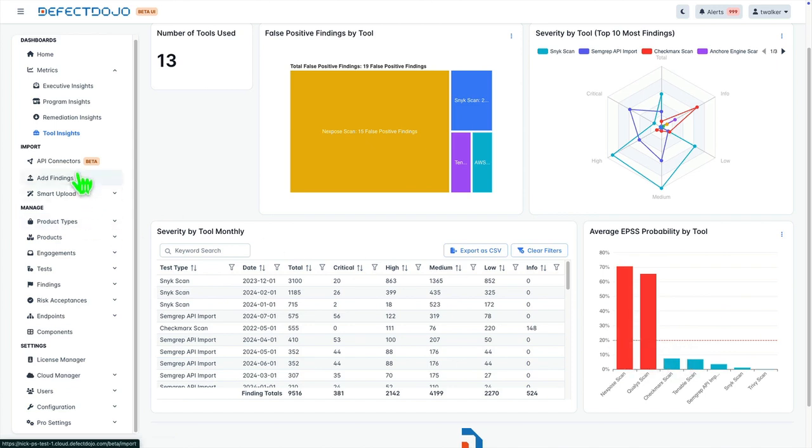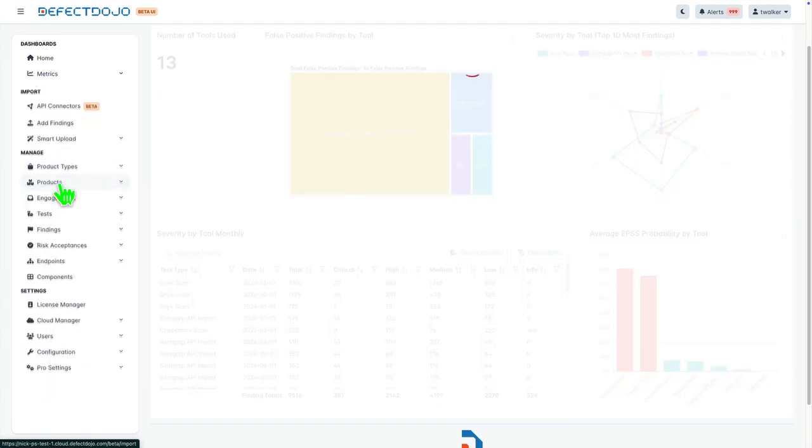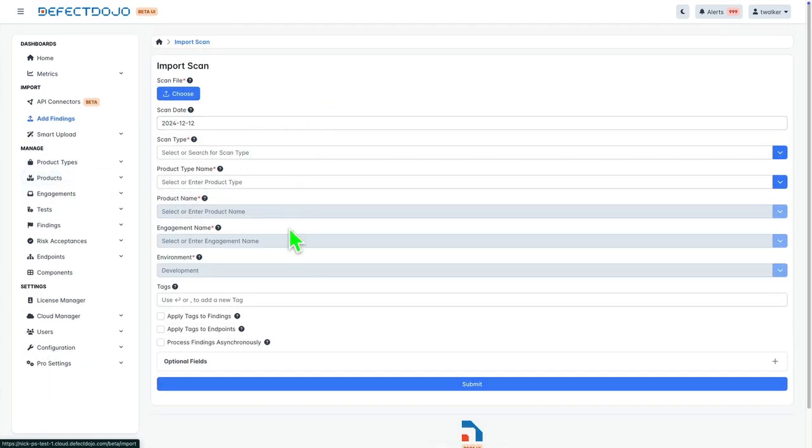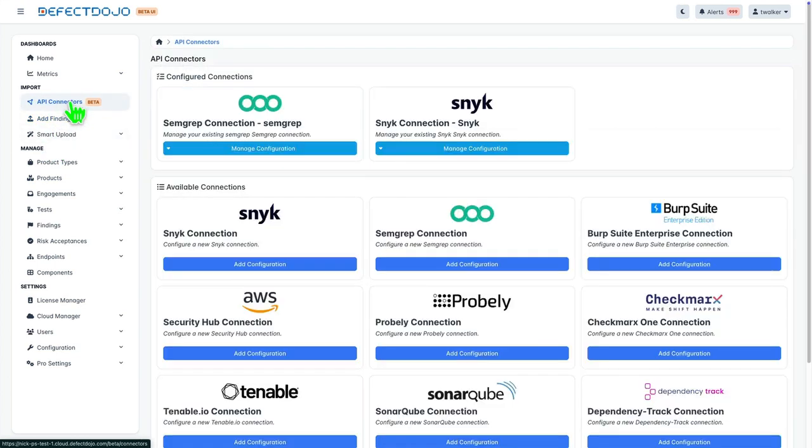Now, let's look at imports. In the open source version, findings can be added to an engagement either through the UI or through the API calls, and you can see the same here with add findings. There are 3 additional import methods in DefectDojo Pro. You can see the API connectors and Smart Upload here, and also there's the Universal Importer, which can be downloaded